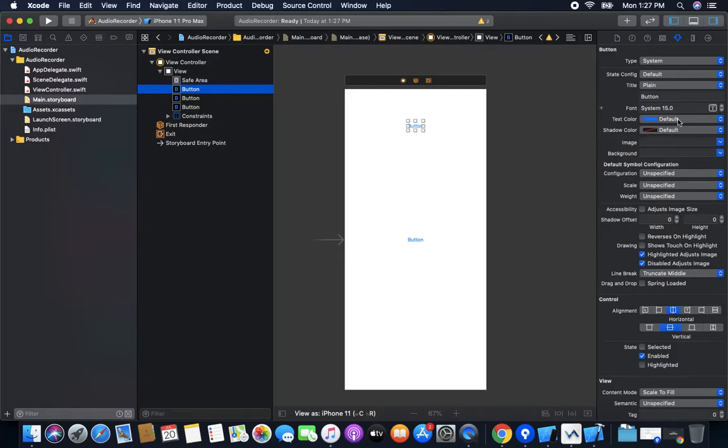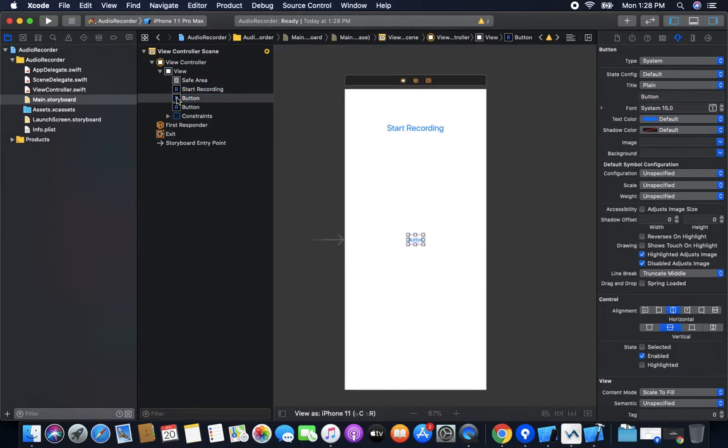Rename it start recording. Increase the button size so it looks attractive.